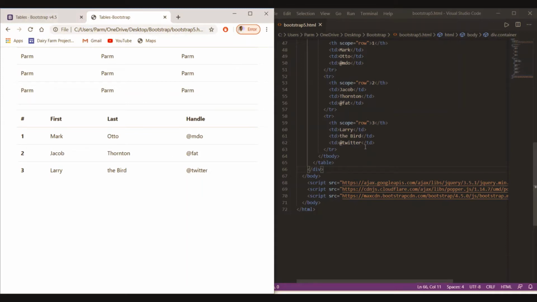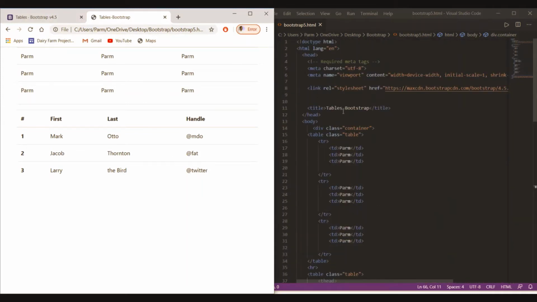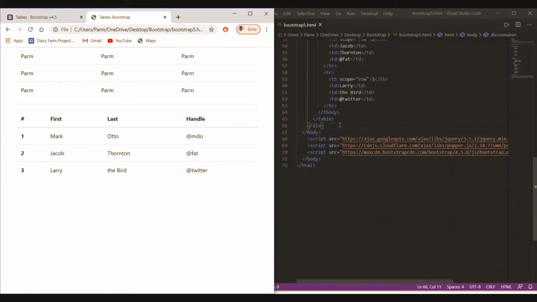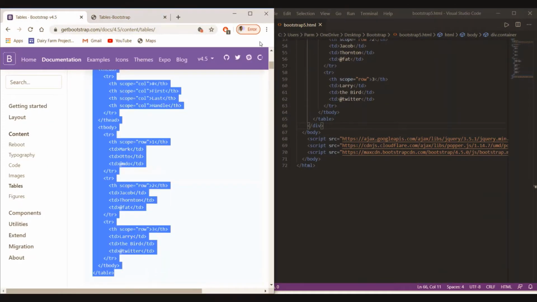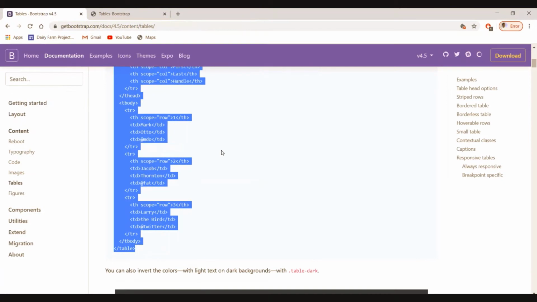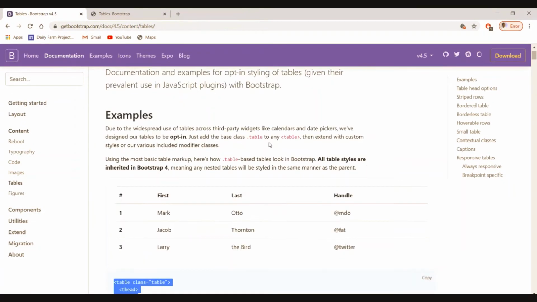So this way we just can use table in our local pages, that is from Bootstrap. So what Bootstrap can do more with the table, let's see over here. So here we have just used the table class over there using the most basic table markup. Here is how a basic table looks in Bootstrap.